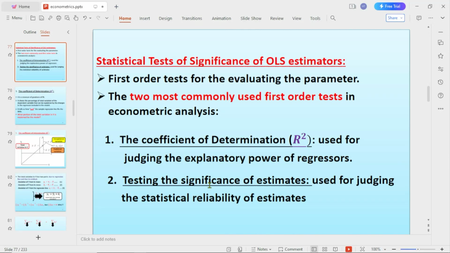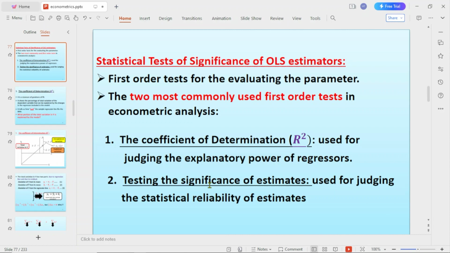ሰላም እንደናችሁ በዚህ ቪዲዮ ሌክቸር ደግሞ እንግዲህ ኢኮኖሜትሪክስ ቻፕተር 2 ፓርት 5 የምናይ ሆና ማለት ነው so statistical test of significance of OLS estimator የሚለውን እናያለን ማለት ነው so the first order test for evaluating the parameter ነው ይሄኛው first order test የሚባለው ነው ማለት ነው